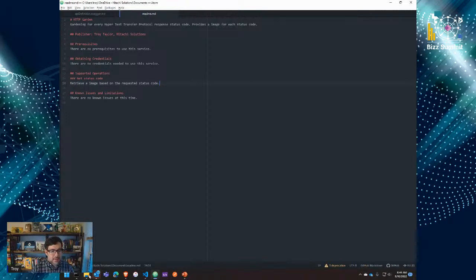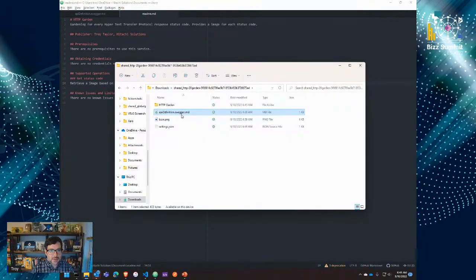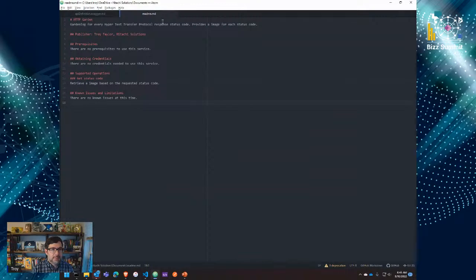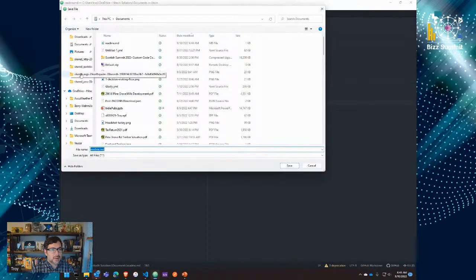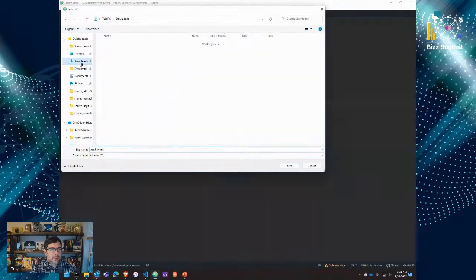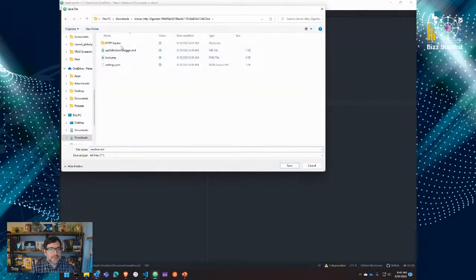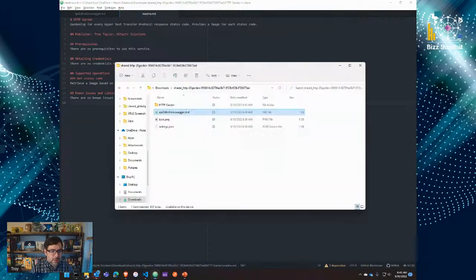Save that, and then that file is, oh, I didn't save it in the right location. Sorry about that. Save as, since when you download the connector, it creates its own folder for it. So we're going to do it here. And then we're going to go and we're going to see, yes, all 3 files are there. We're going to go out,